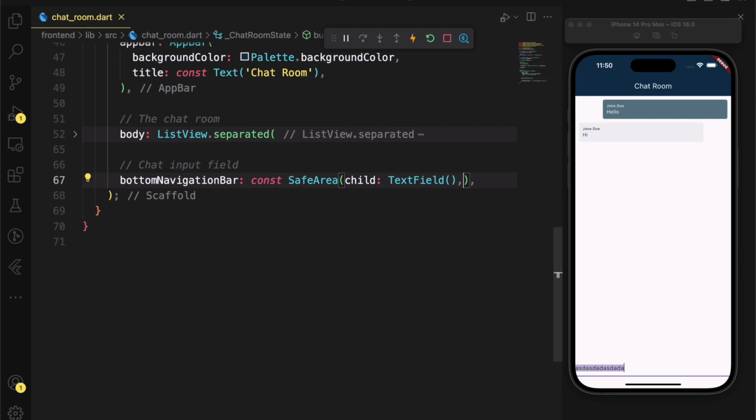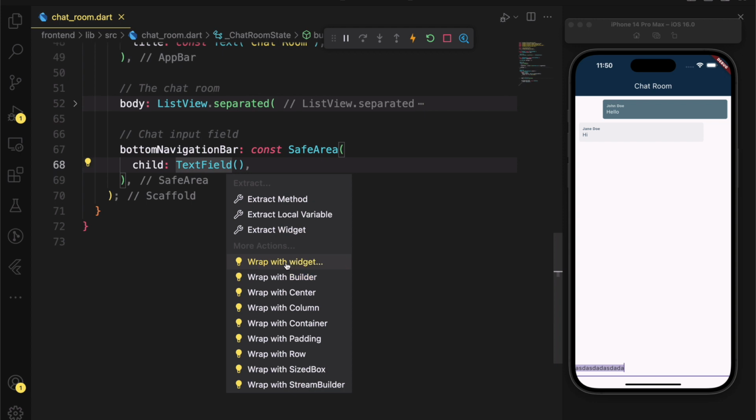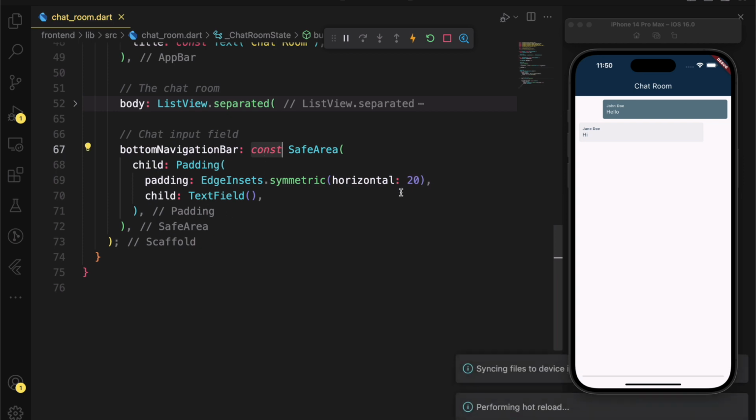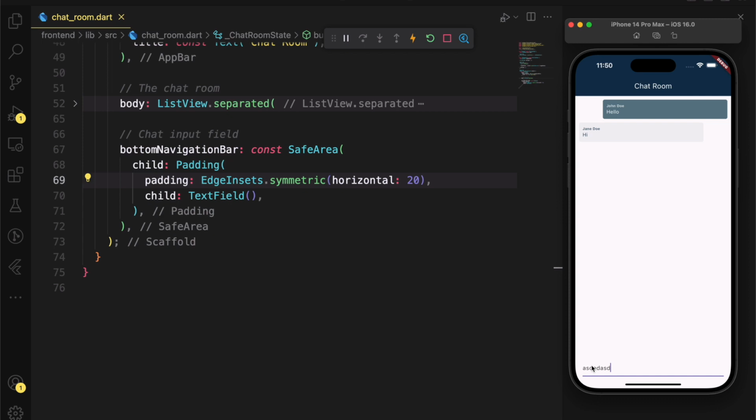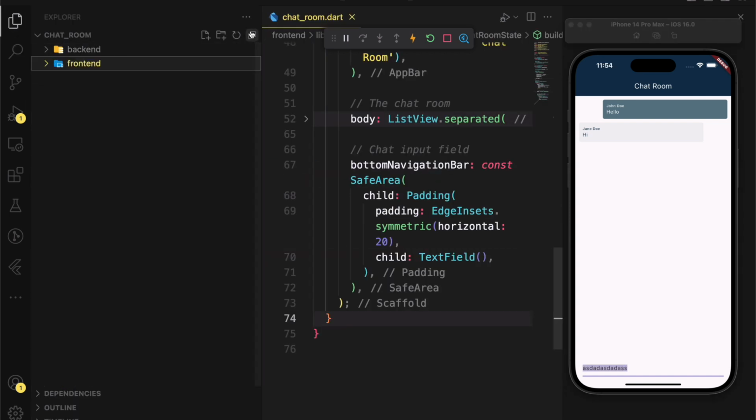And you can see I can input text here. And let's see, we will style it now a little bit. Let's go ahead and add some padding to it just to make sure that it doesn't touch the edge of the screen or whatever the edge is called. All right, so let's see that way, and now we have it away from the edge of the screen. All right, so let's go to the theme of the application.